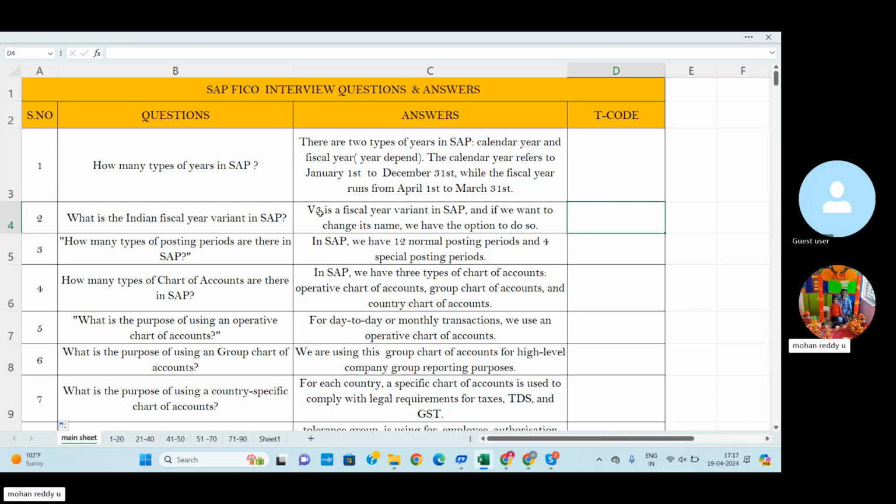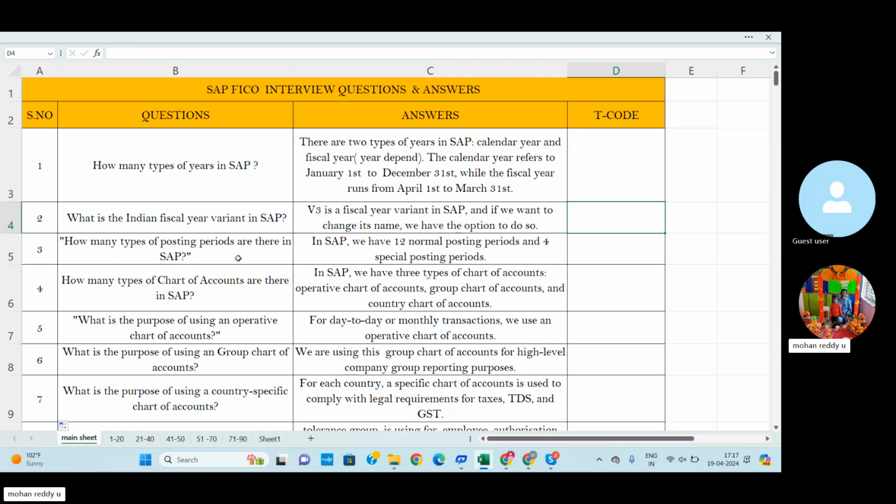We can use V3 for the financial year, or instead of V3 we can change and fix any name. We have the option to change its name.